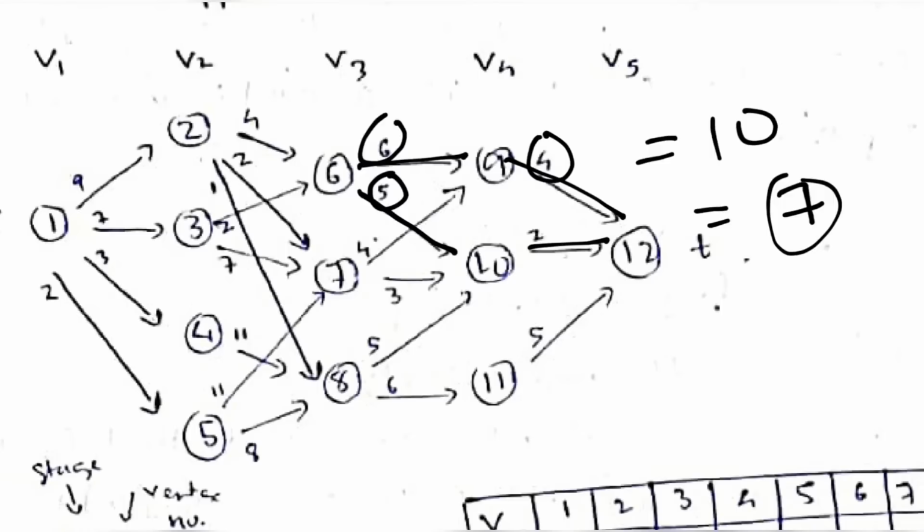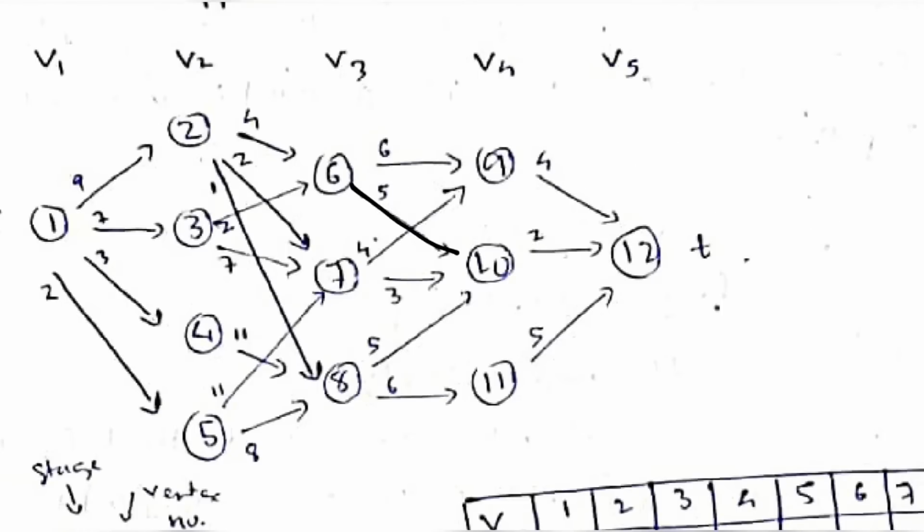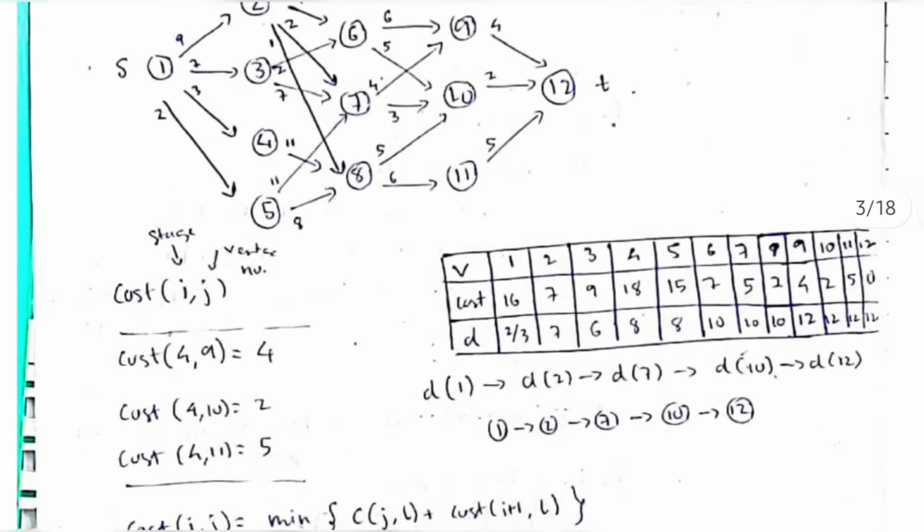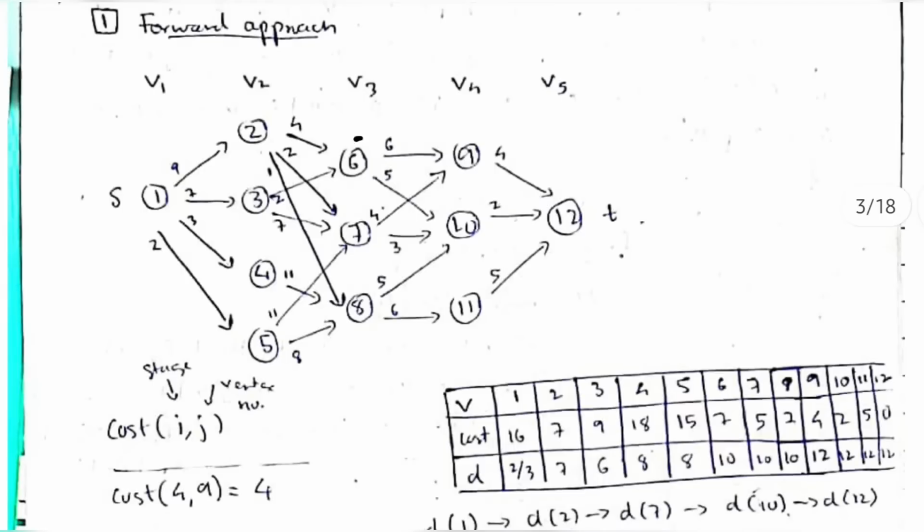So in this case, the path through 10 is shorter, so I'll be choosing this path. Okay. If you see the formula, this is the same thing. How will we represent this vertex in the form of the formula? This formula. It is in the third stage and the vertex is 6.